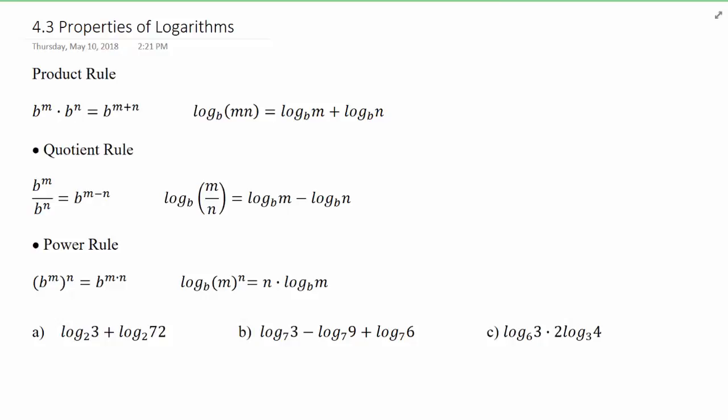Hello everybody. So today let's go through 4.3 in the first half, which is properties of logarithms. This is part 1 and William will do part 2, and